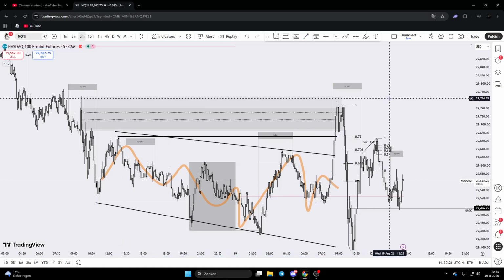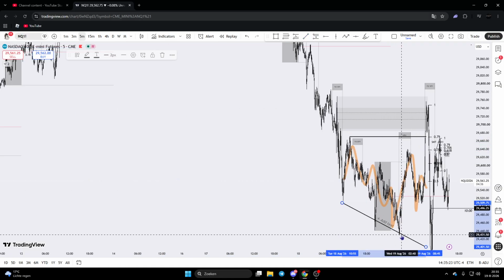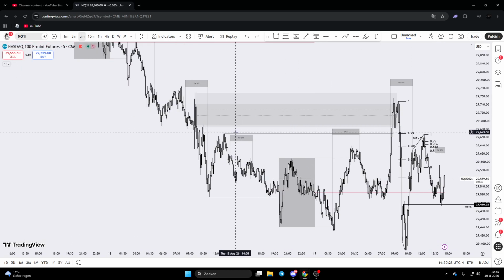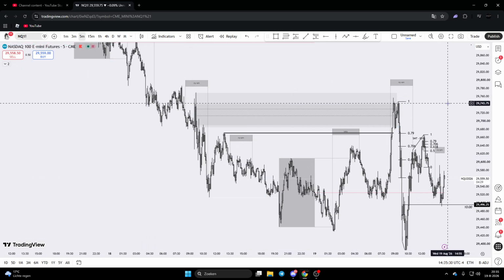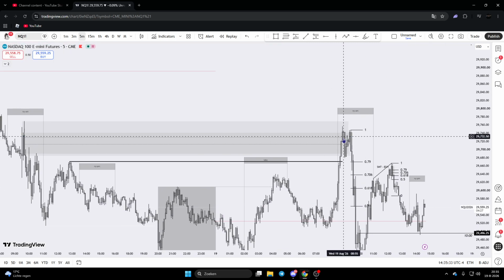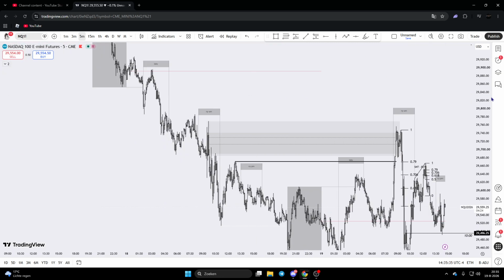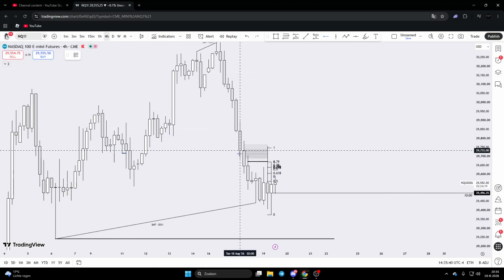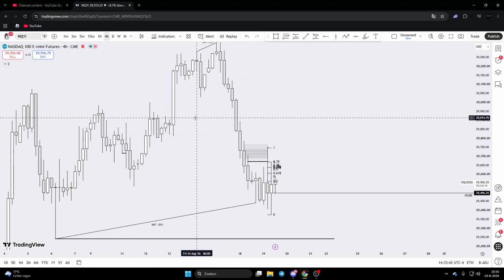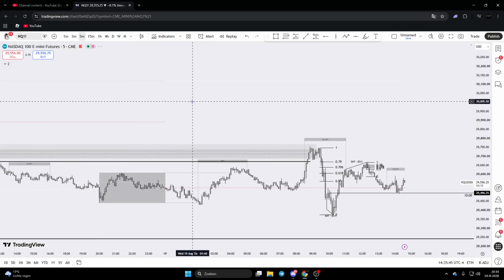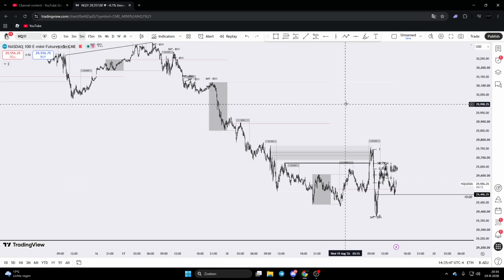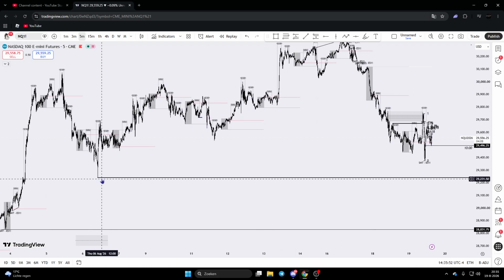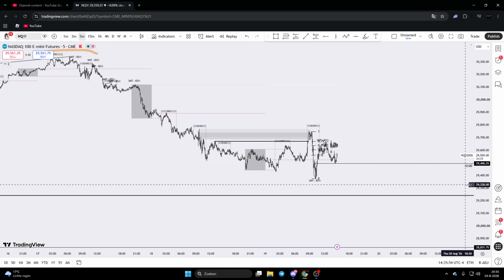We also had this hourly high as well. Let me just remove this. So we take out the hourly high and manipulate into these two PD arrays, and as you can see, price started slowing down once we hit that. To be honest, though, we also had some 4-hour unfilled gaps, and a lot of people were super bullish and felt like we're definitely going to retrace. But if you look overall, with half the week being set, we're bearish. We still have a big target to go down here.